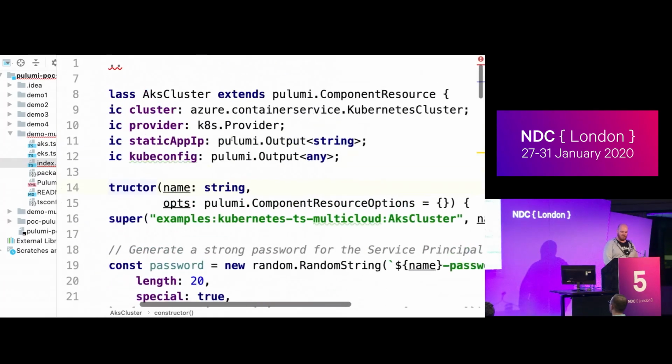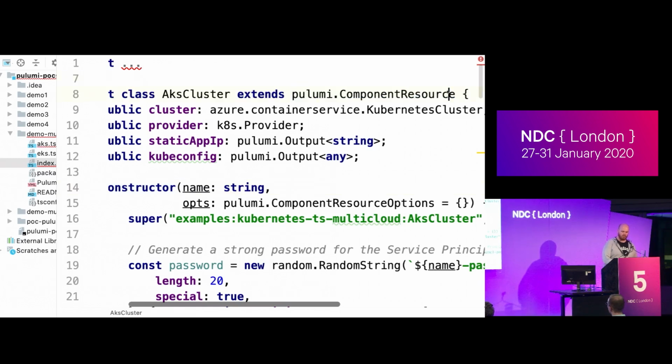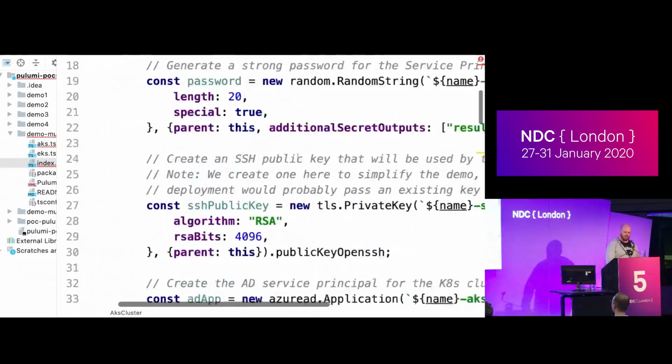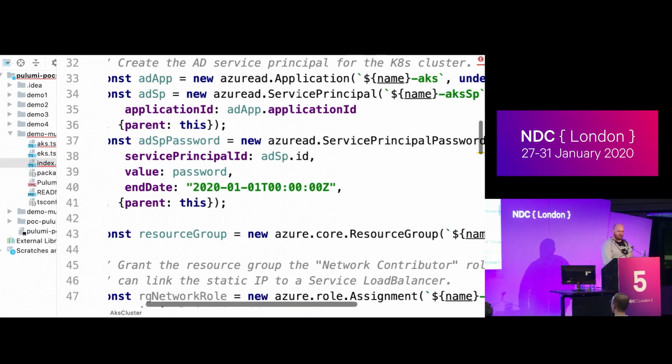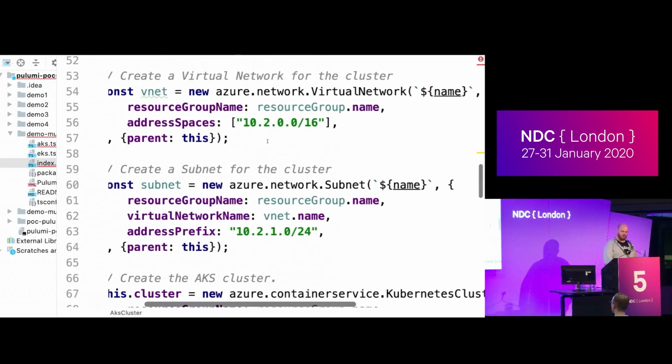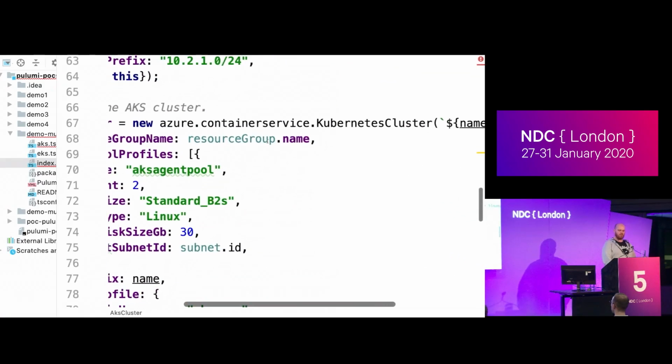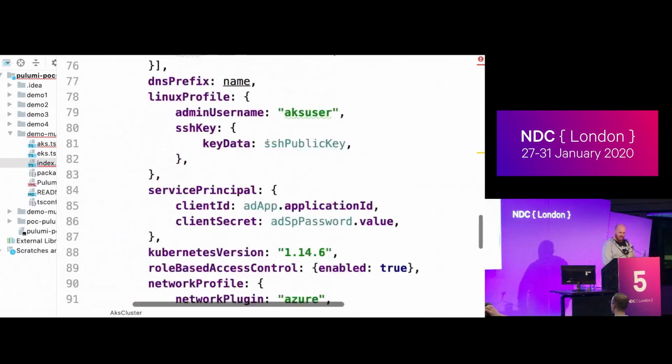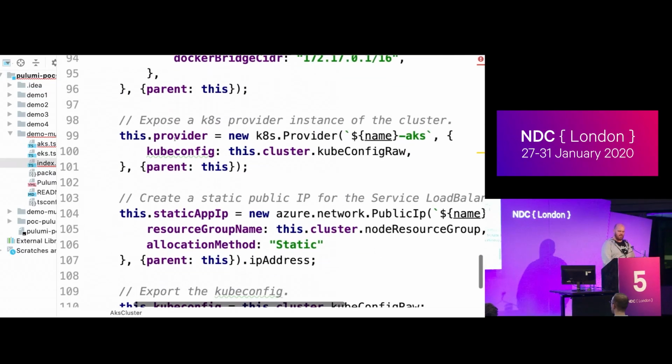So Pulumi has this idea of what's called a component resource. A component resource is a way of being able to manage a number of resources as part of a similar operation. Okay? A Kubernetes cluster is a perfect example of this. Because in Azure, a Kubernetes cluster needs a service principal, an Azure AD application, it needs a resource group, it needs the role assignment to the service principal, it needs a virtual network, it needs a subnet, it needs the actual Kubernetes cluster itself, and you need to be able to pass in lots of different information. And then lastly, you need to be able to actually get a static IP